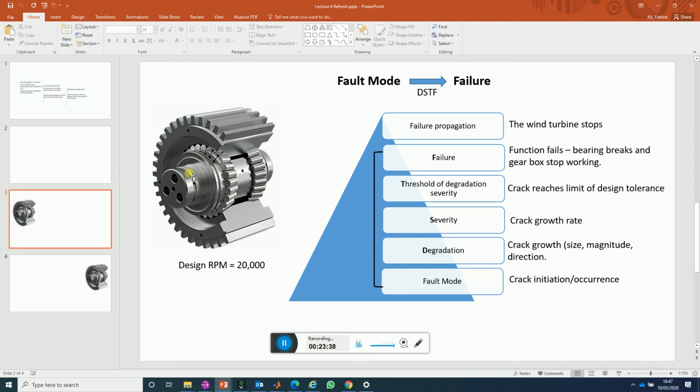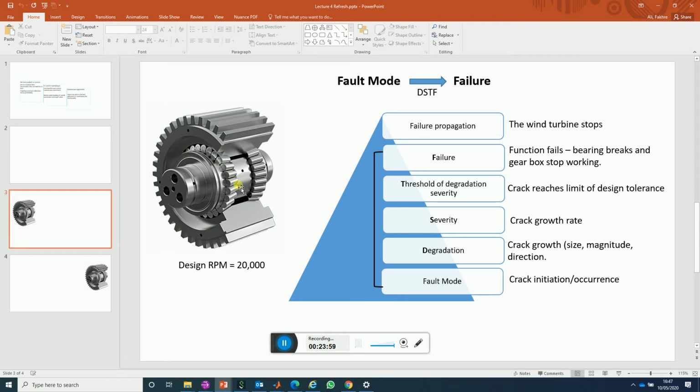The failure mode here for the bearing is not lack of lubrication. The failure mode here is structural damage in terms of crack initiation. Okay,